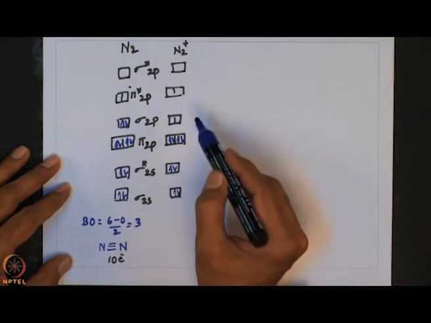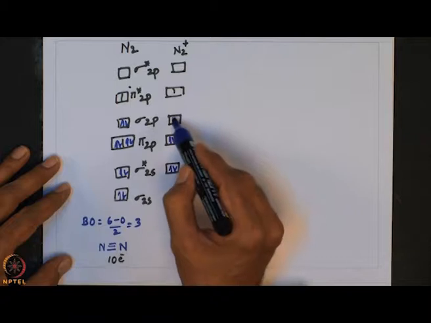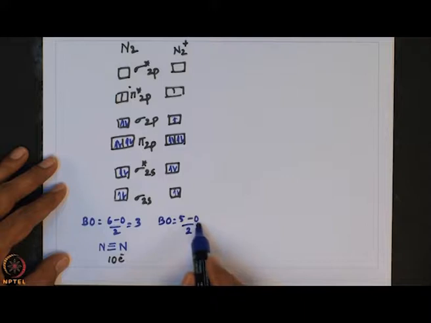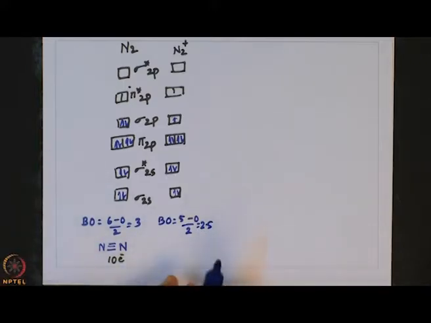So, 1 electron here. So, in total we have 9 electrons. Now if you look into the bond order, it equals 5 minus 0 by 2, which is equal to 2.5. So, here the net bonding is 2.5. We cannot write a fractional bond, but we can say the bond is weaker.